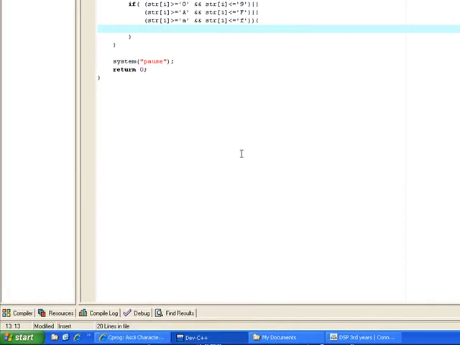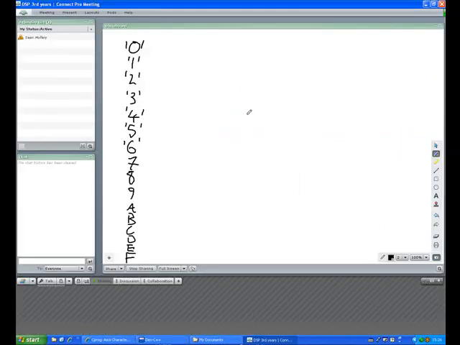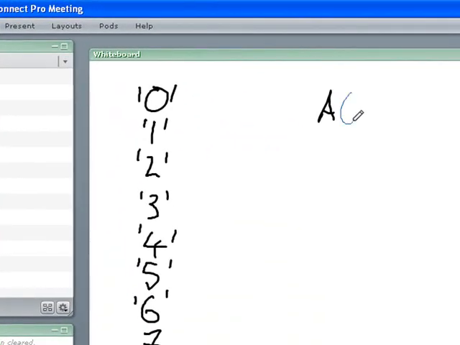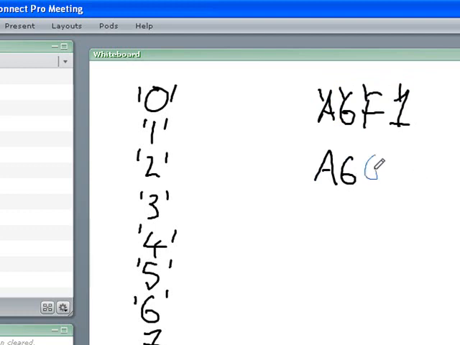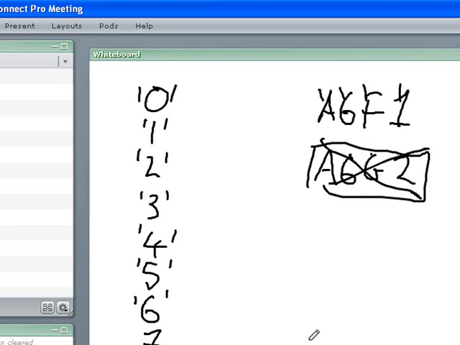So if we take, for example, and again I'll use my whiteboard here rather than write it on the thing, A6F1, that's a fine hex number, because the A is a proper hex digit, so is the 6, so is the F, and so is the 1. But if I had something like A6G2, again the A is fine, the 6 is fine, the 2 is fine, but the G is not. The G is not an appropriate one, and that makes the whole thing a non-hex number,